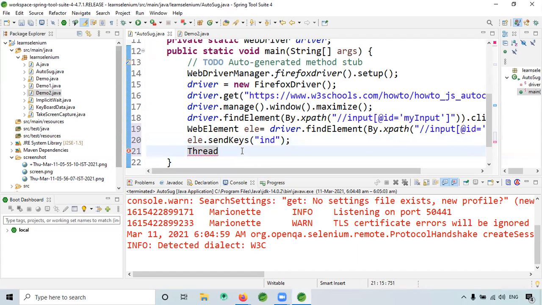But how do we know? Since we know India and Indonesia are there, we can write the code like this. But what if we don't know what will be in that drop down, like auto suggestions? It's a country name, so manually we need to test before we write the code.